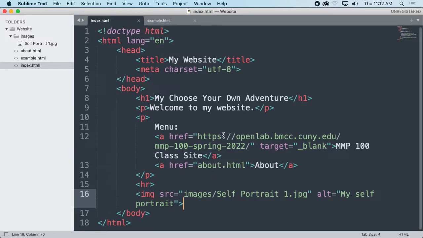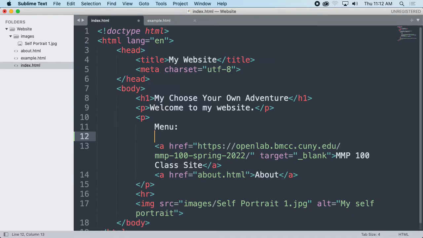Actually, before we do that, one thing I also wanted to show is a comment. If I want to make a comment in HTML, this is some text that doesn't actually show up on the website, but explains what we're looking at. And there's a shortcut to do that in Sublime, which is Command Option question mark, and it creates our HTML